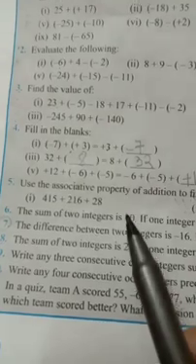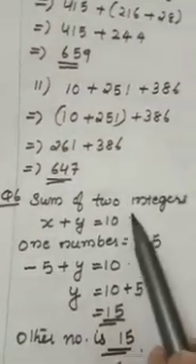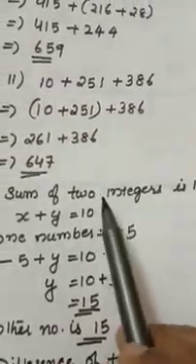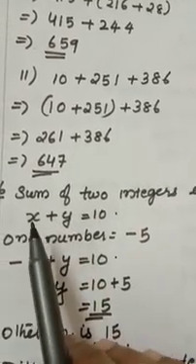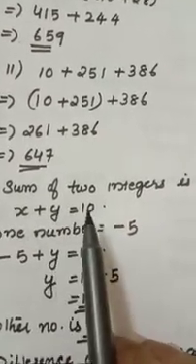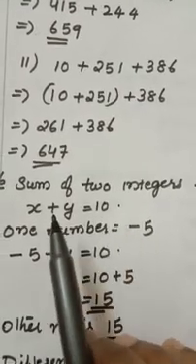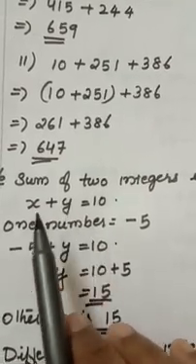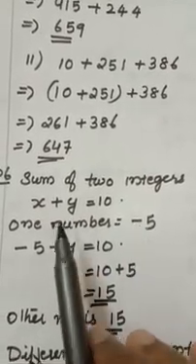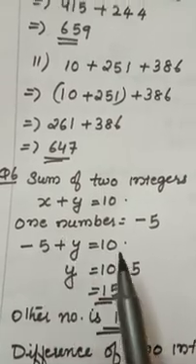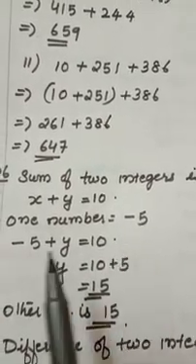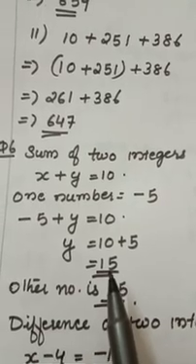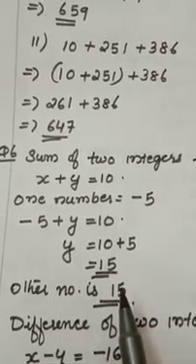Now question number 6. The sum of 2 integers is 10. If one integer is minus 5, then find the other. Sum of 2 integers is 10. I don't know which are the numbers. I suppose x and y are my 2 integers. Sum is 10. Okay. First like that you solve. x plus y is 10. One integer is given, x or y, any number. One of the numbers is minus 5. Instead of x I put minus 5. Okay. Minus 5 will be moved this side, it will come plus 5. What is the answer? 15. The other number is 15.